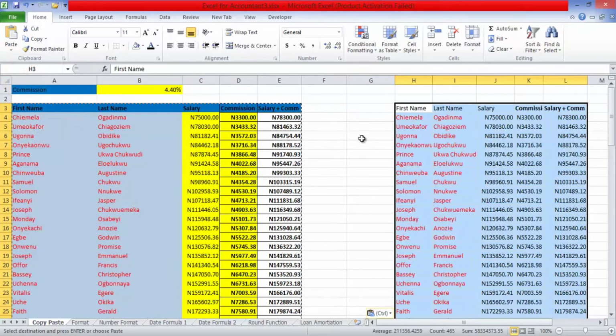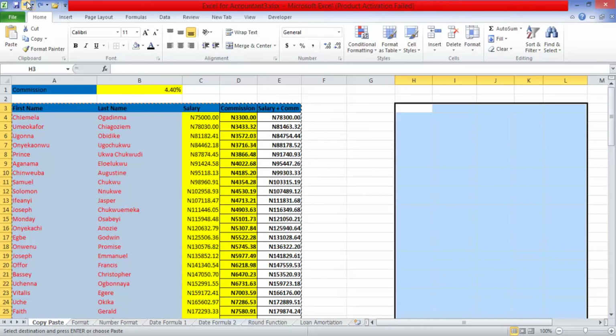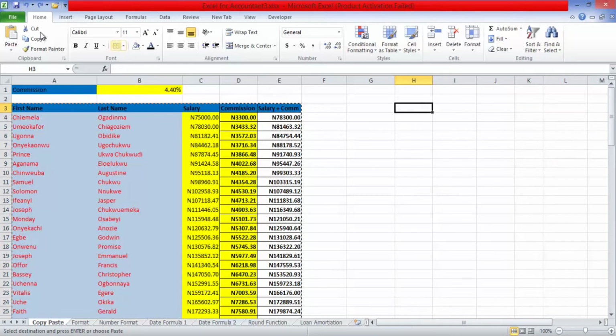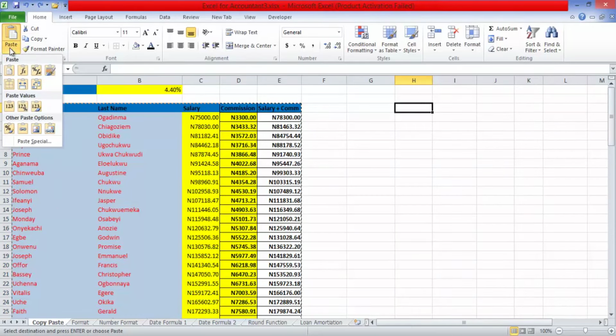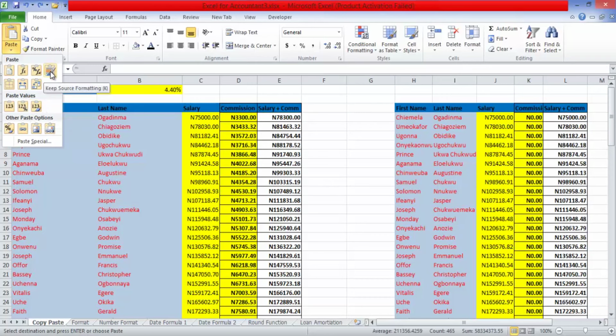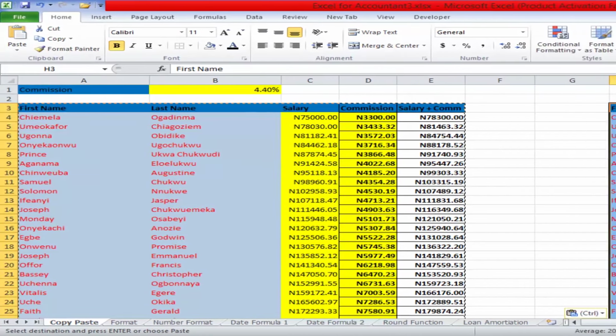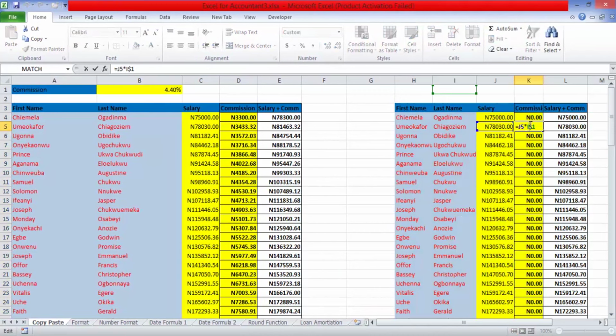So I tell Microsoft Excel to paste both the value and the number format in this particular cell. You can see Microsoft Excel pasted the value and the number format in that particular cell. Now we are telling Microsoft Excel to paste both the value and the source format. Now in this particular case, Microsoft Excel kept the source format, but you can see